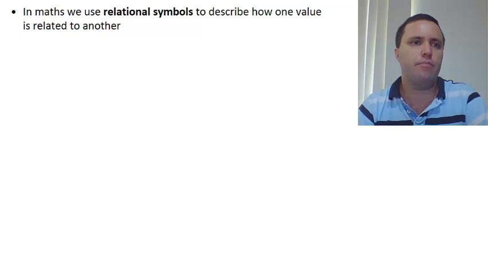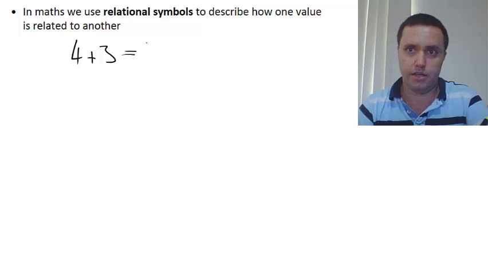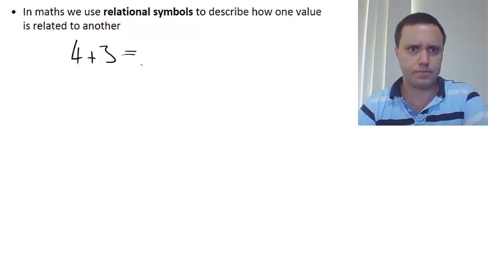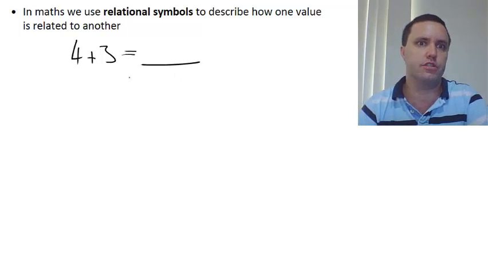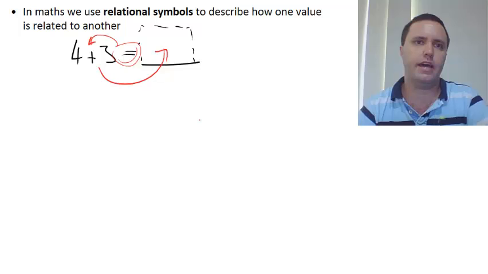So you might have seen in the past something like 4 plus 3 equals. And then usually in a textbook or a workbook or something, you'll have a line here, a mysterious line, or maybe a dotted box or something. And you're saying, oh, I've got to do something, right? This equals sign here is telling me to do this, and then chuck the answer in there, okay? Now,